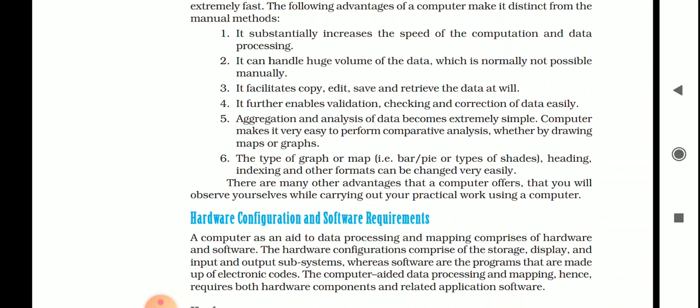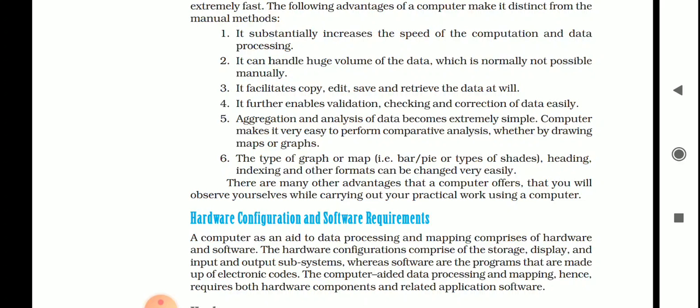Aggregation and analysis of data become extremely simple on this computer, and it makes it very easy to perform comparative analysis, whether by drawing maps or graphs. So we can compare data to each other very easily. Six is type of graphs or maps, right? Like bar diagrams, pie charts, the shading, heading, indexing and other formats can be changed very easily.